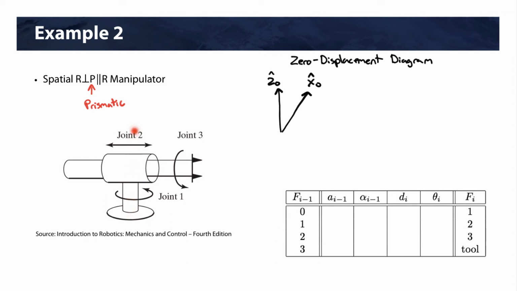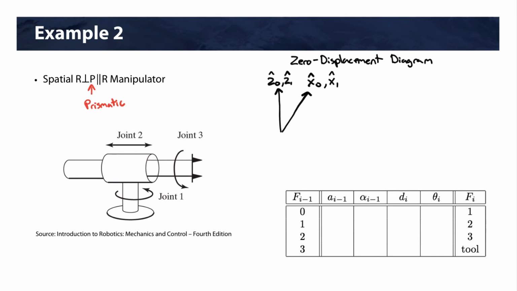And like before, we always want to try and assign Z1 to be collinear with Z0. So we'll have Z1 here. And in zero displacement, we're going to have X1 here. And again, once there's a value theta 1, there's going to be an angle between X0 and X1, but in zero displacement, there isn't. All right. We next have,